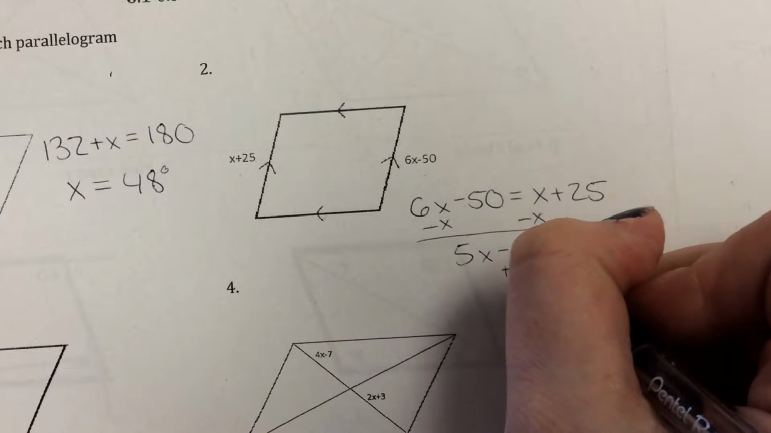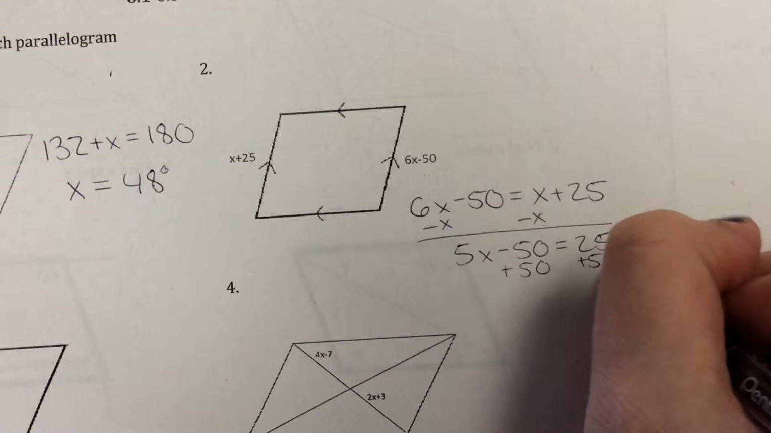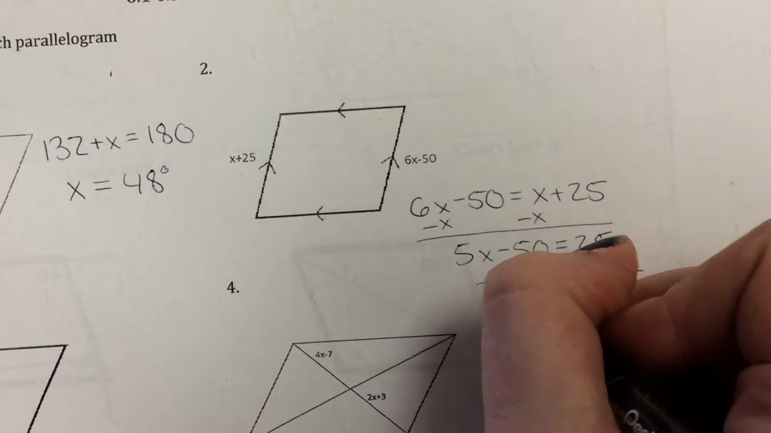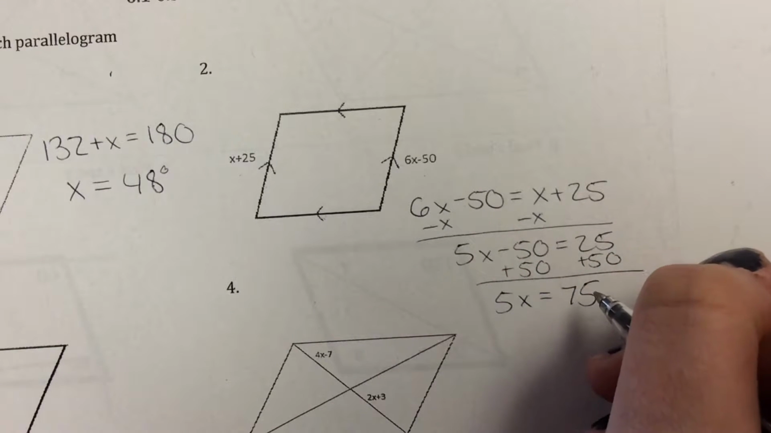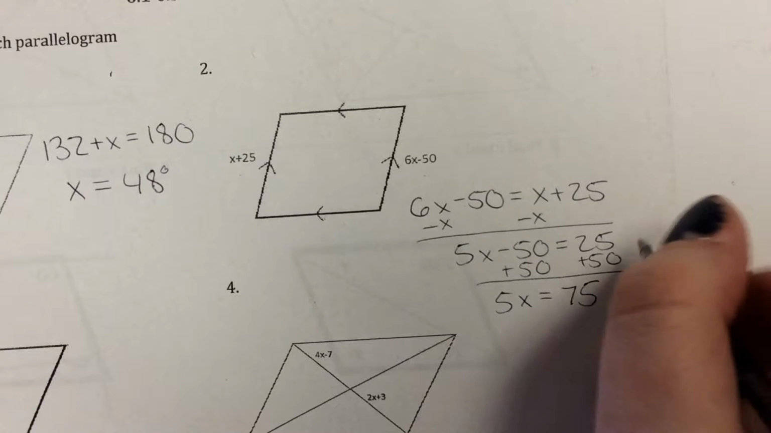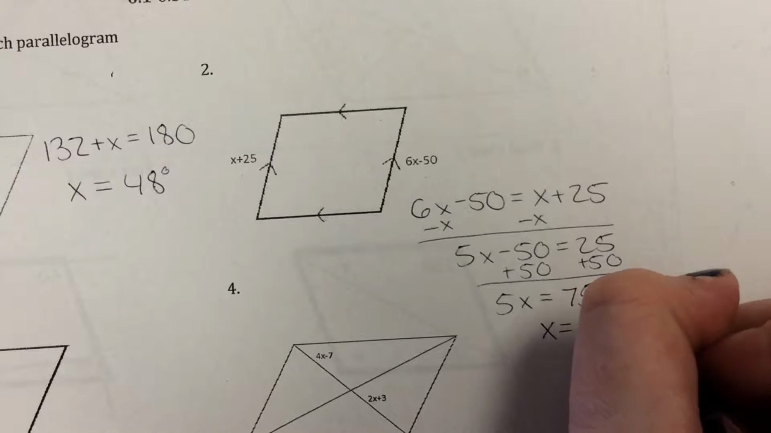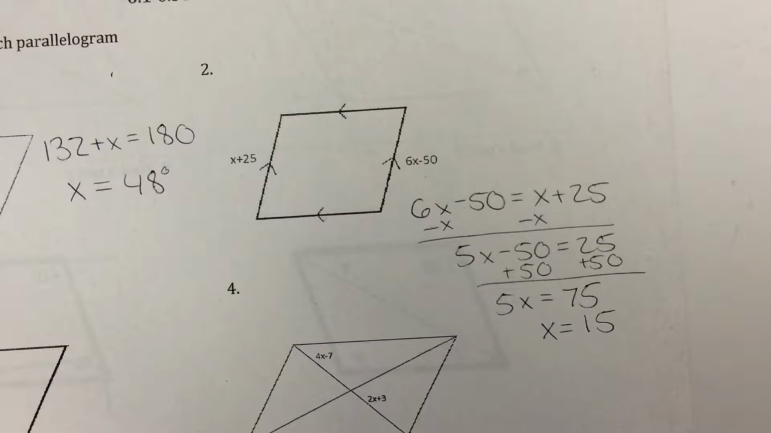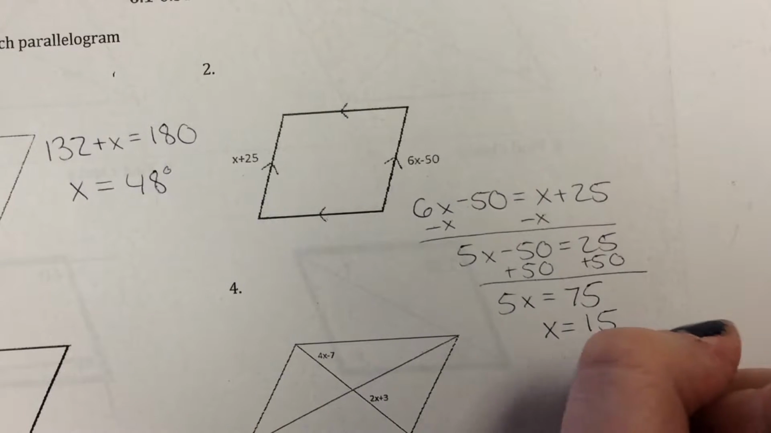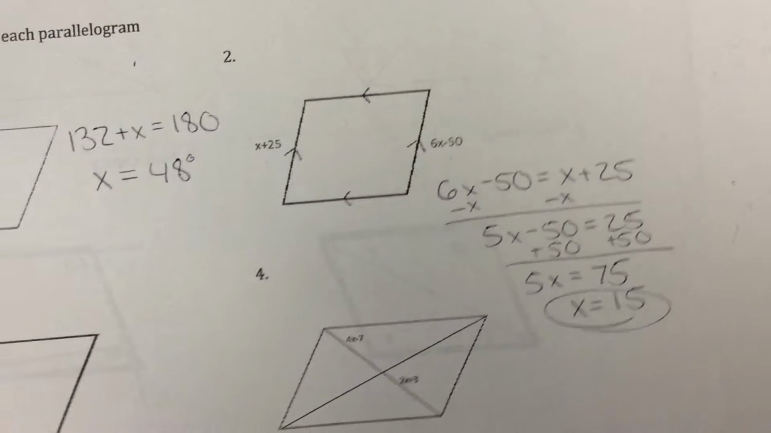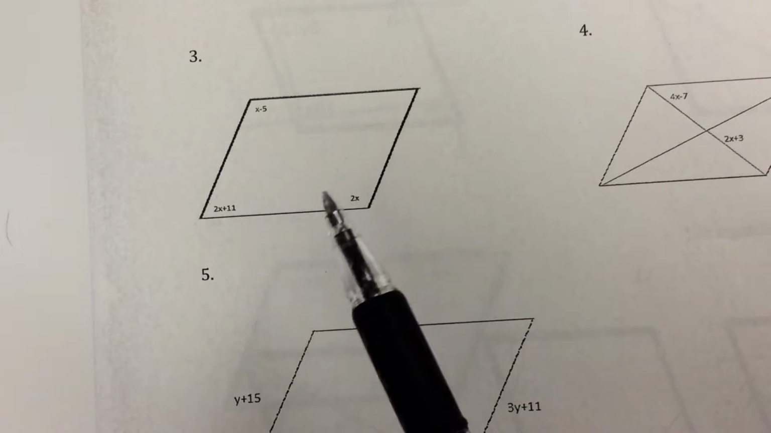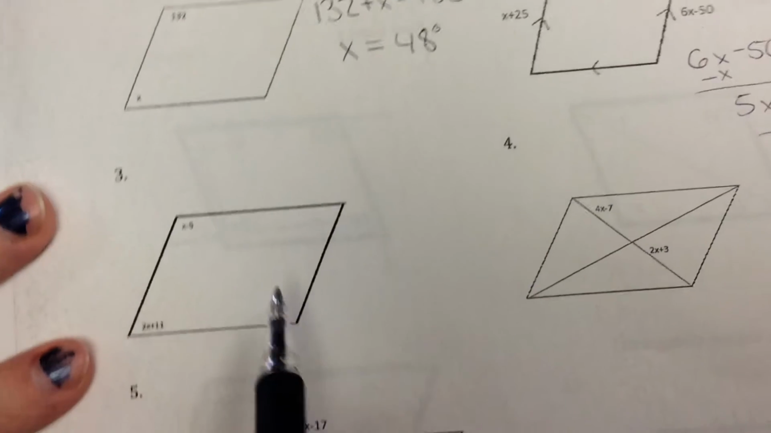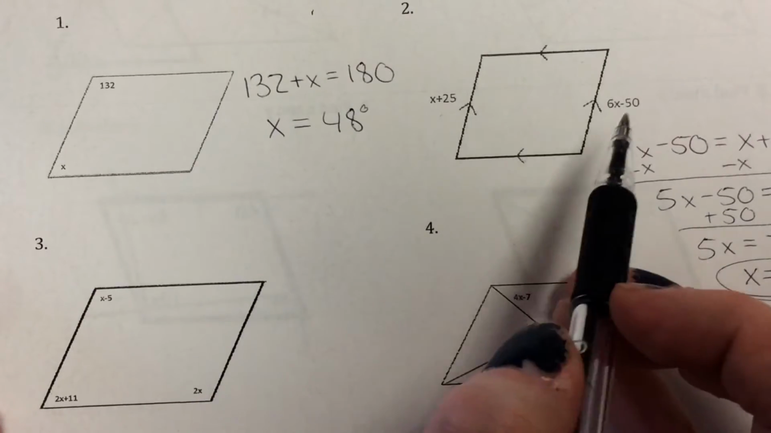Let's get our constant to the other side. 5x equals 75. And this makes x equal to 15. Okay, so that's number 2. Moving on down to number 3. Also, we are still talking about parallelograms, and in this one, it's not marked the way it was in number 2 with these little arrows,